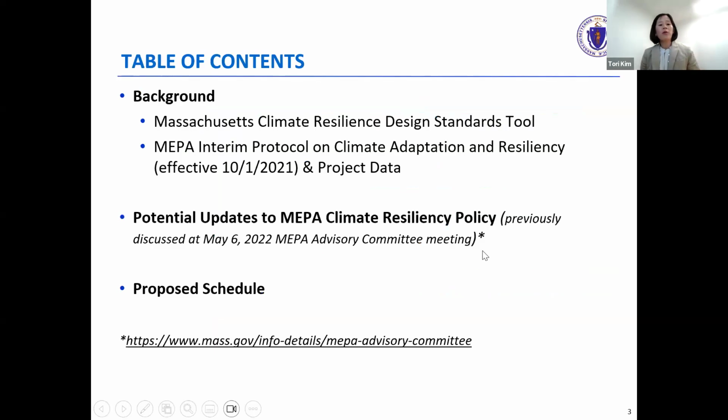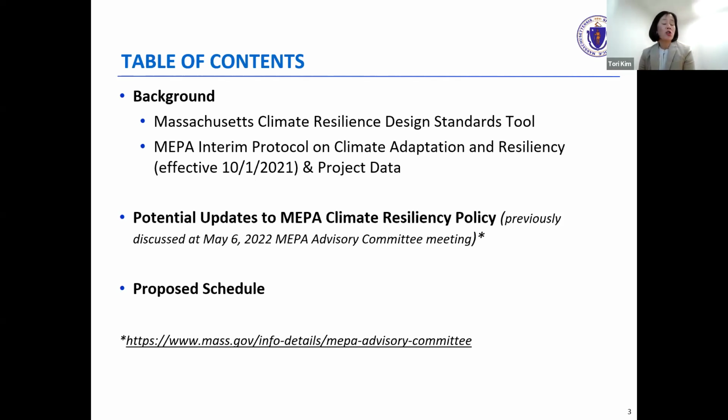So in terms of where we're going, we'll present some background here. Our colleague from the Climate Office is here to present on the Climate Resilience Design Standards tool, which many of you are already familiar with. It's already in use during MEPA reviews, but Caitlin is here to provide a reminder of how the tool works. We also have currently an interim protocol in effect.